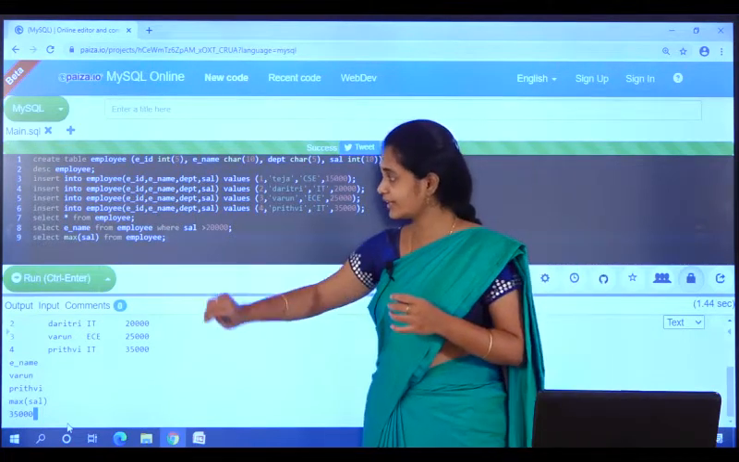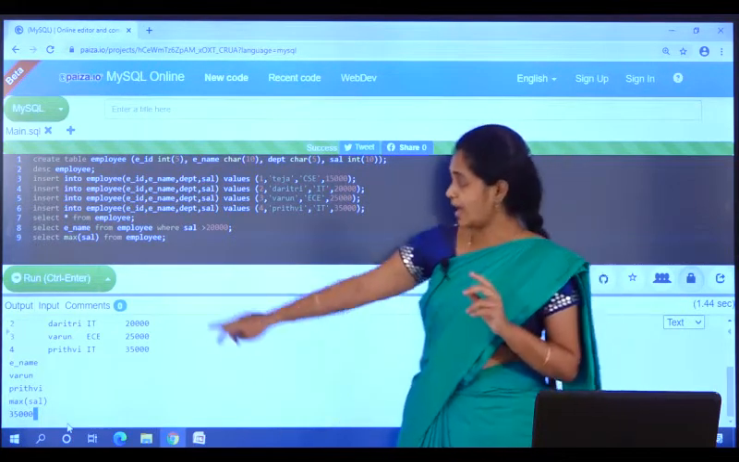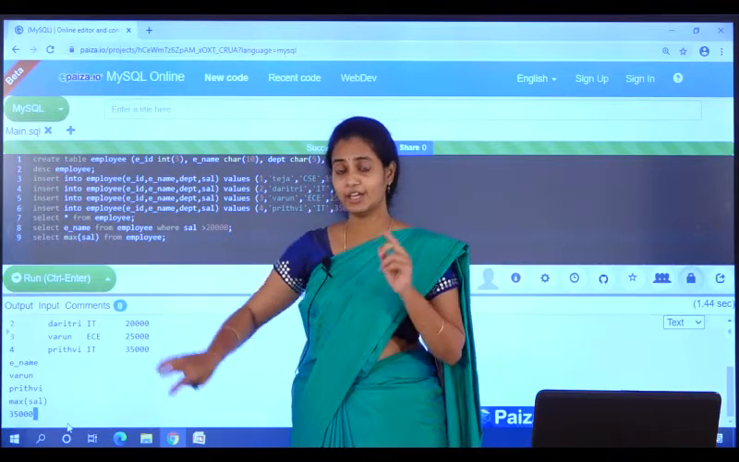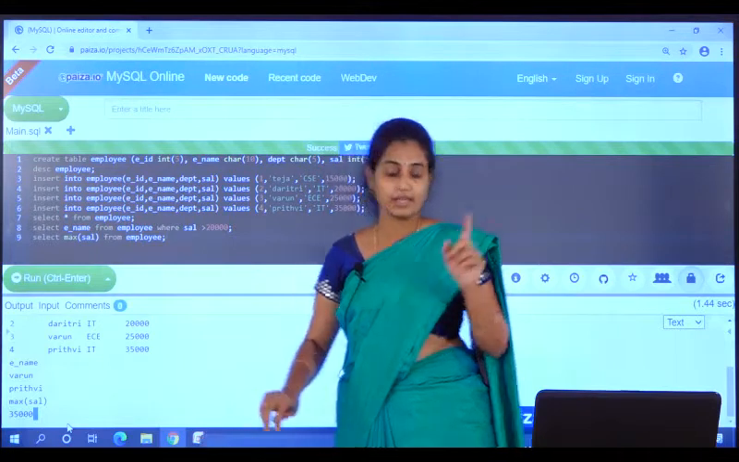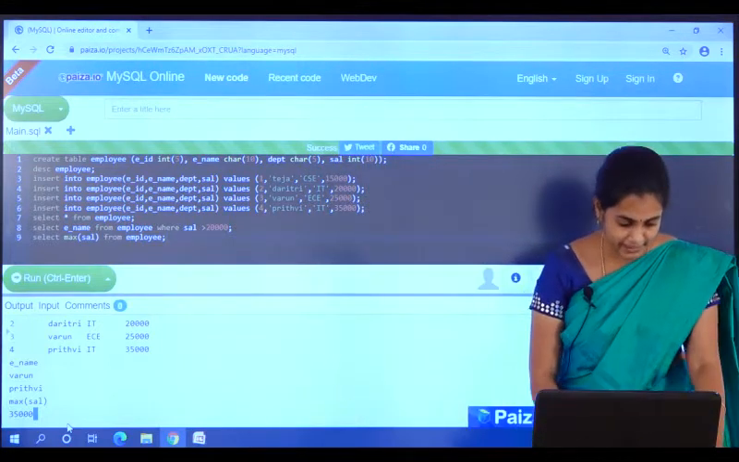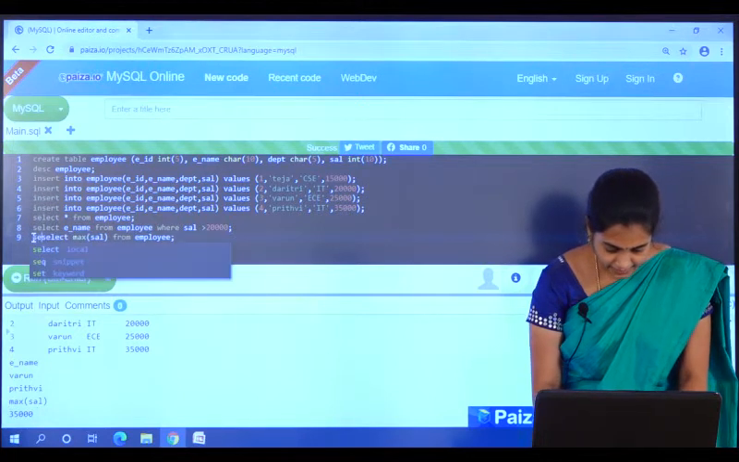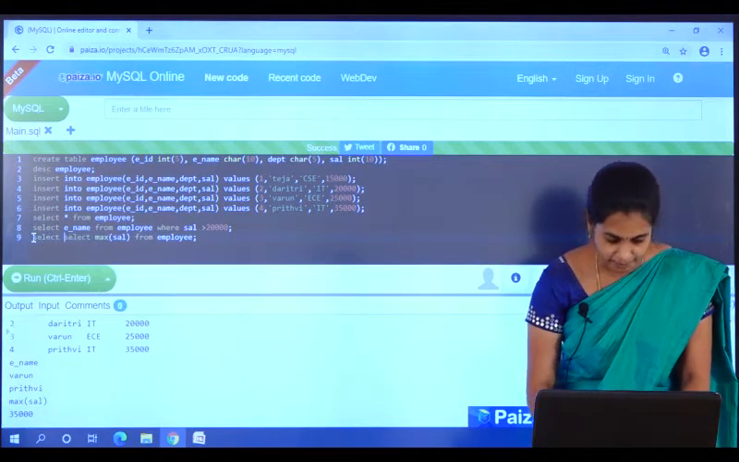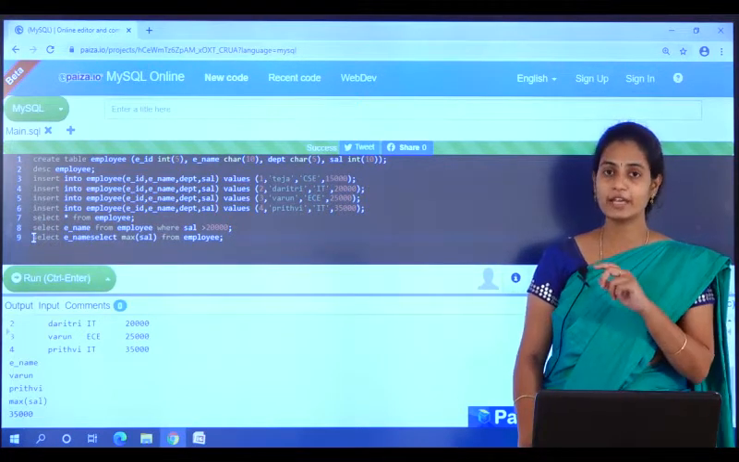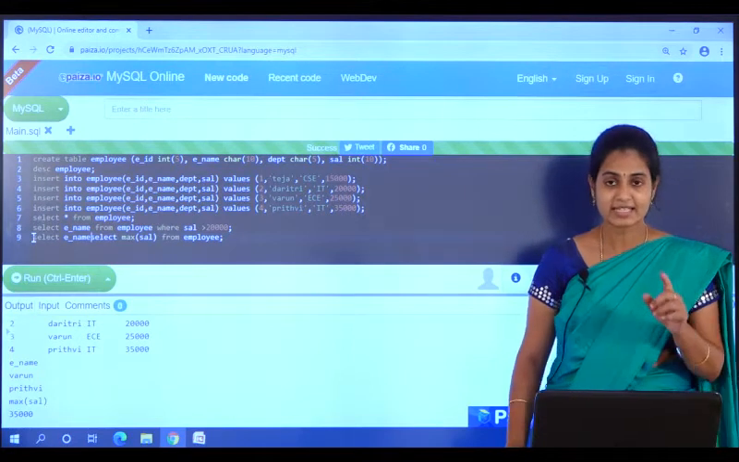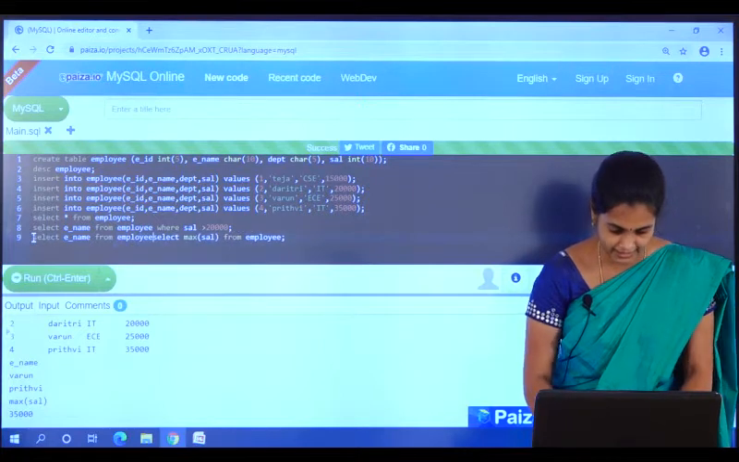Now, how do I write here? I want to retrieve the name also. Apart from the maximum salary, you should also retrieve the name of the employee. So, see how I manipulate the query here. I am writing directly select ename, because I need the name of the employee. So, what do I write here? Select ename from employee